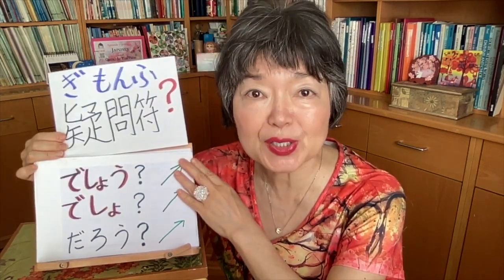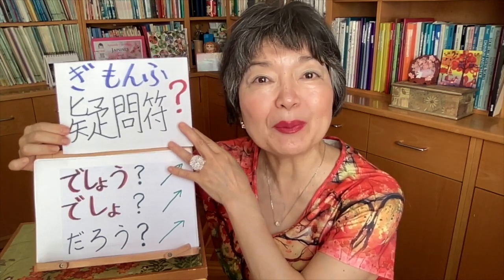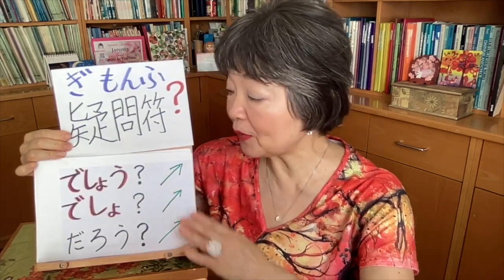Today, grammar video number 108, we're going to learn this expression: でしょ, でしょ, だろう. The meaning is "right? Don't you think so?" A very important thing is that you have to use a question mark. We say 疑問符, question mark. So we must write a question mark here, and でしょ. Because without the question mark, we must pronounce でしょ differently, and this is